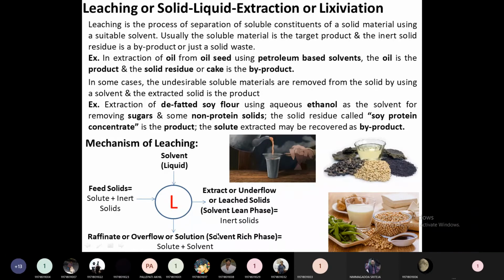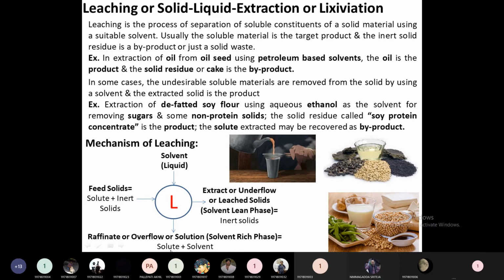When you extract this solution phase or overflow, we further have to subject it to some distillation or some extraction mechanism, so that we separate the solvent once again from the solute, whatever we require. The product is the solute here, but the solvent needs to be separated out from this solute. Because of this, we call this a secondary purification process.